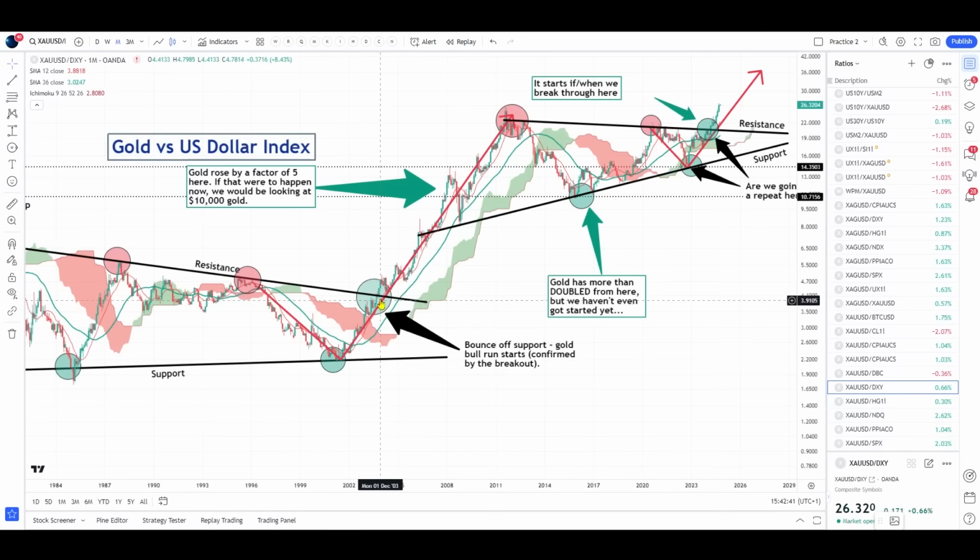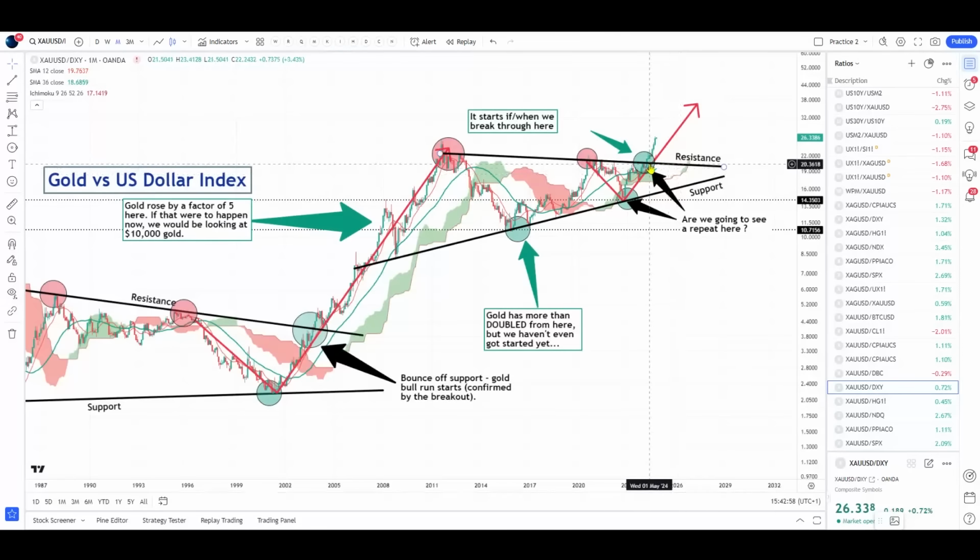Look at the last time this broke out, 2003. What happened next? Gold went up by huge percentages. It doubled, and then it doubled again. It went from $250 down here up to $1,900 up here. So it doubled, and it doubled again, and then it doubled again. Well, we're only just breaking out now. So, just think what might possibly happen as that ratio chart continues to move upwards. So looking at these ratio charts and looking at how these relative performances stack up is critical to understanding what is happening with gold.